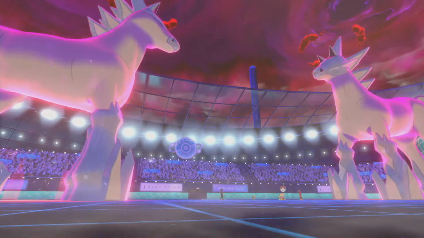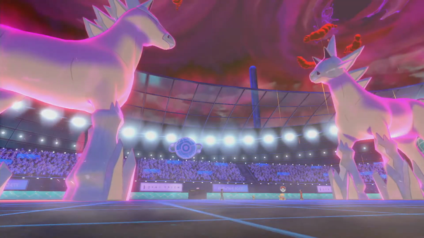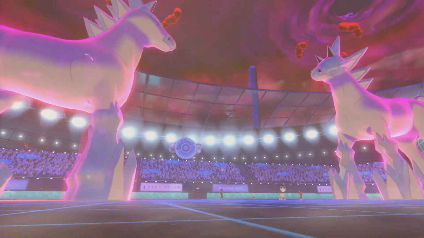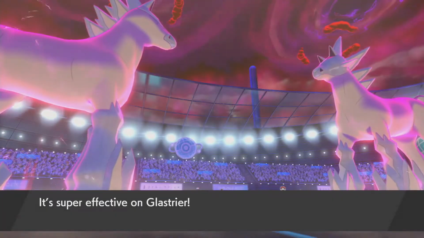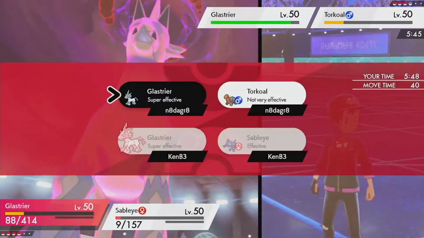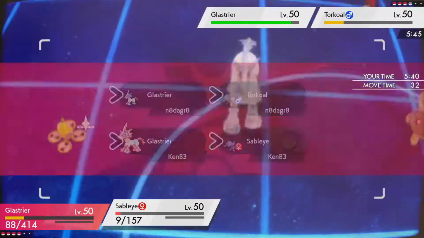Well, joke's on me. Glacier is going to use Max Knuckle here. Going to activate the weakness policy on mine. And then... there we go. There's the weakness policy. They get their attack boost. Torkoal uses Eruption, but because it has like a tiny amount of health left, I'm able to tank it like a box. Sorry, not like a box, like a boss. I have one more turn of Dynamax here, so we're just going to go ahead and go for...